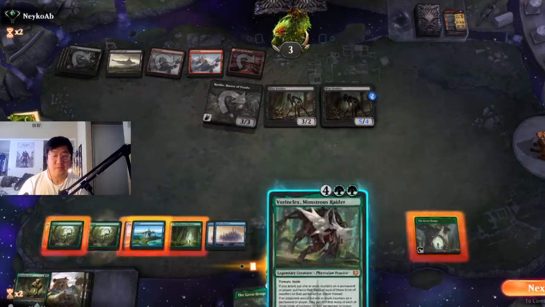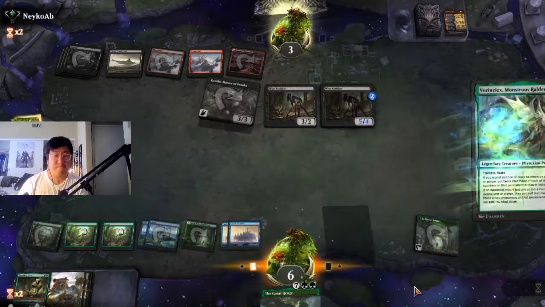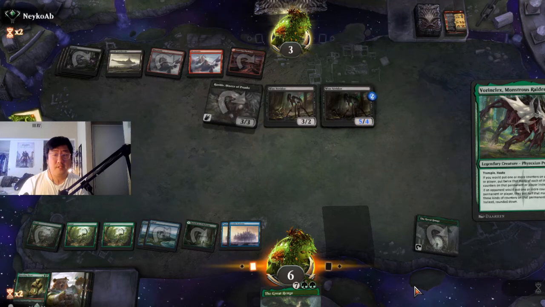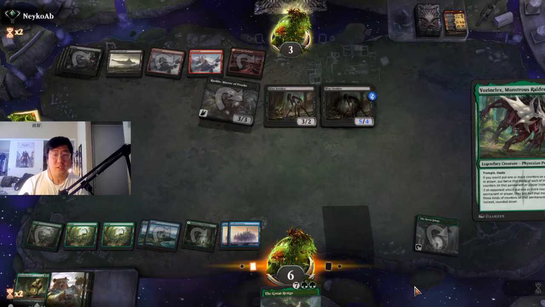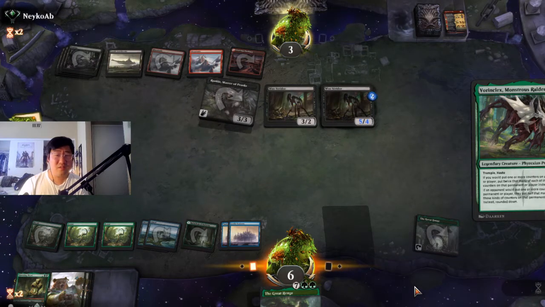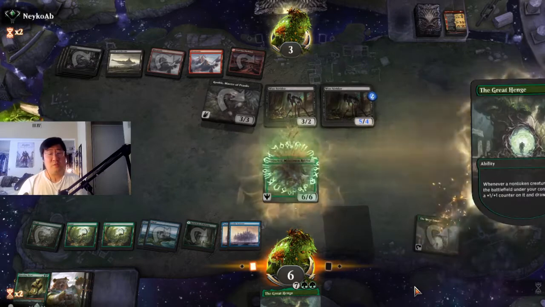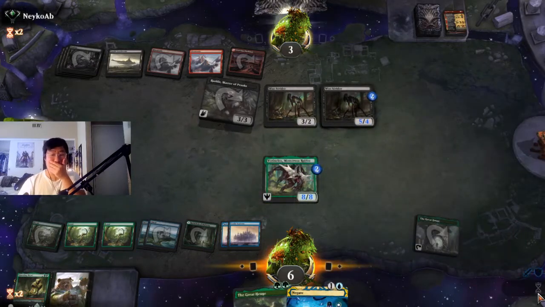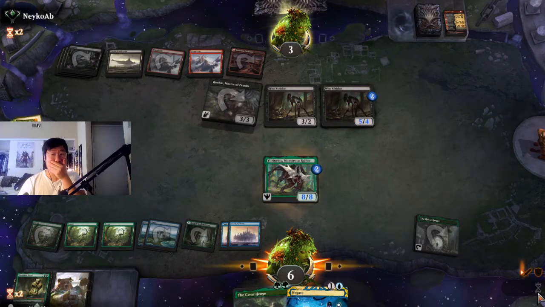Okay. This might be it. That's 8 trample damage. 6. I think that might have just been it. Could be wrong. Negates there. That's not super helpful. So...